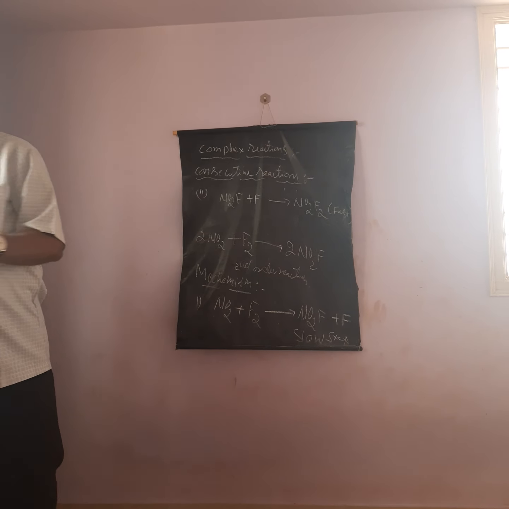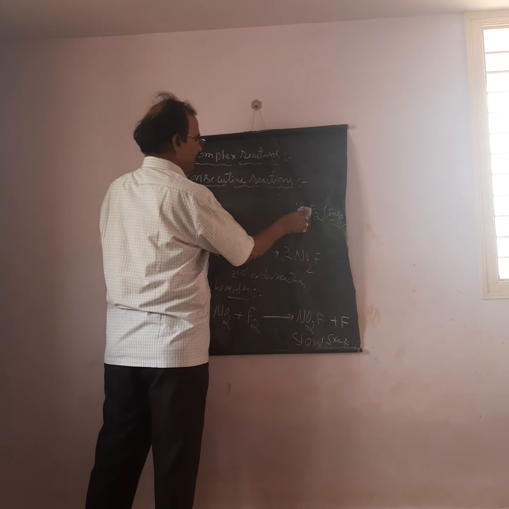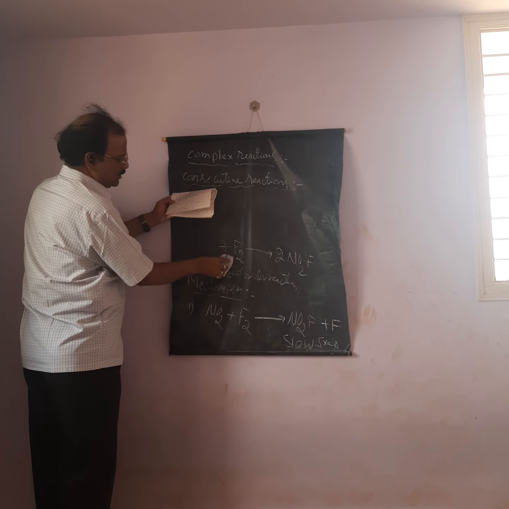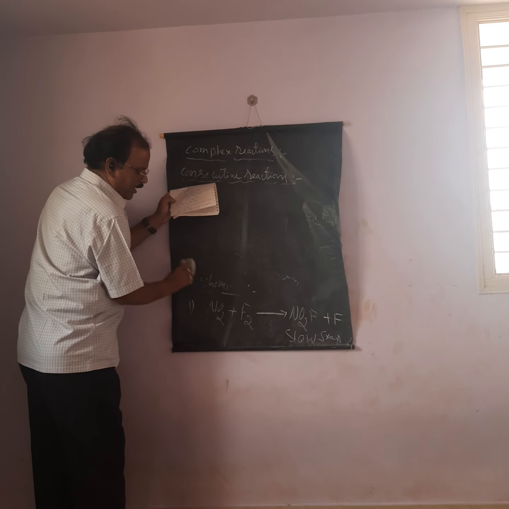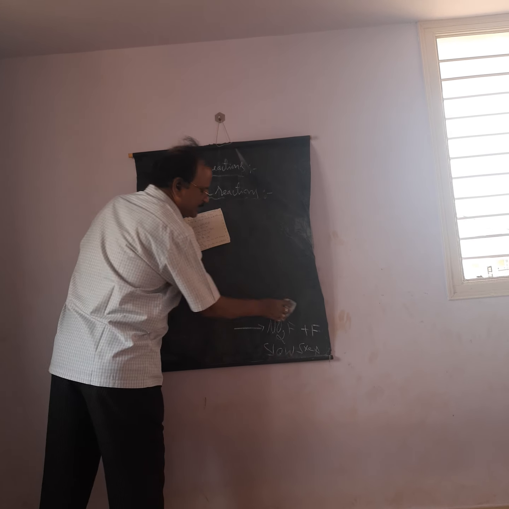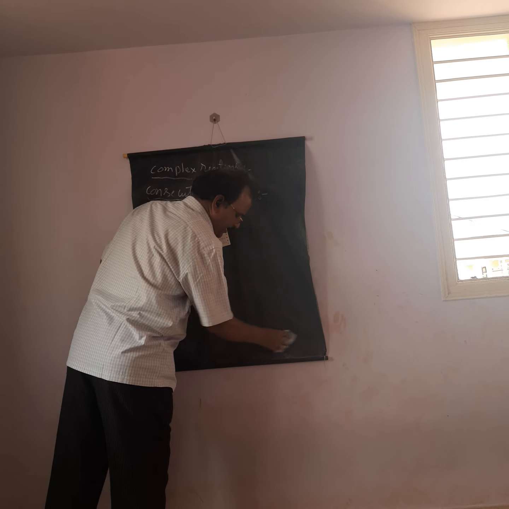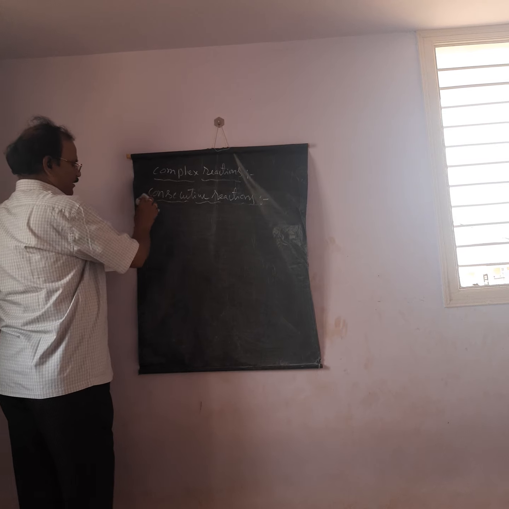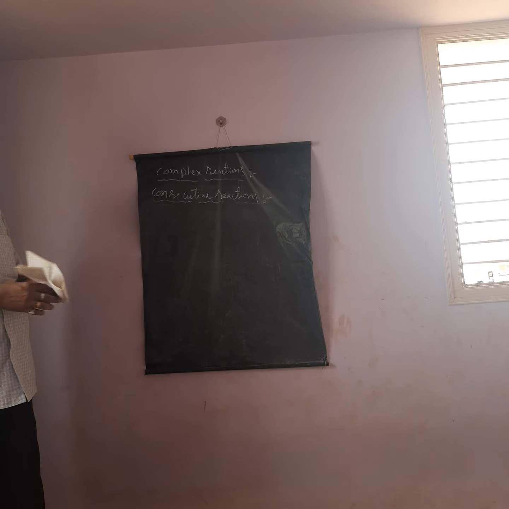And the next, third example is the decomposition of acetaldehyde. This decomposition of acetaldehyde gives so many short-lived intermediates. The mechanism of this short-lived intermediate formation can be studied by making use of what we call the steady state approximation, which you have come across in Lindemann's theory, Lindemann's hypothesis.